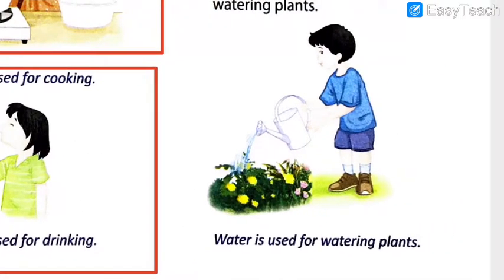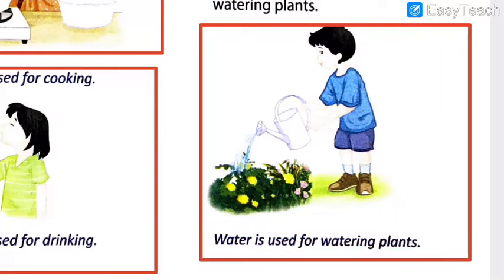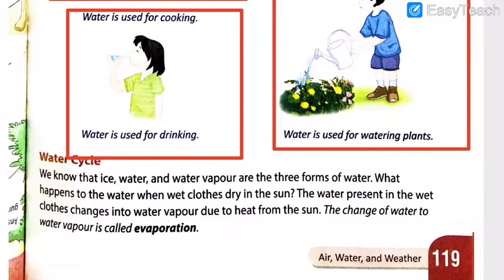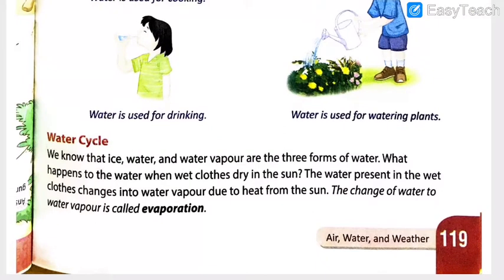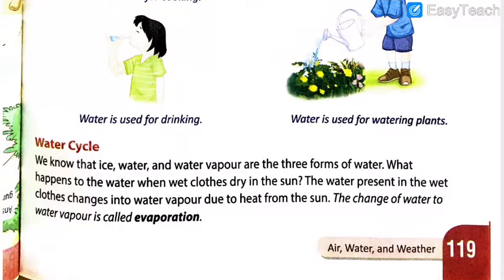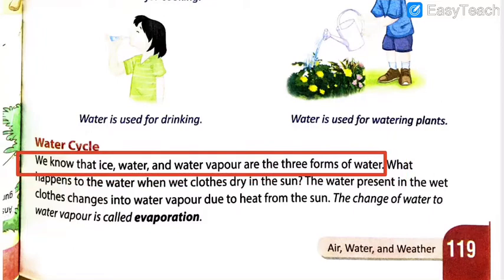We use water for various purposes such as drinking, cooking, watering plants, taking bath, washing several things, and many more things we need water for. If you can see in the image, you can recollect the memory when you have seen your mom in the kitchen. She also cooks the food. Now ask your mom, in how many varieties of food do you need water? She would say in 99% of the varieties. Water is needed even to cook the food.